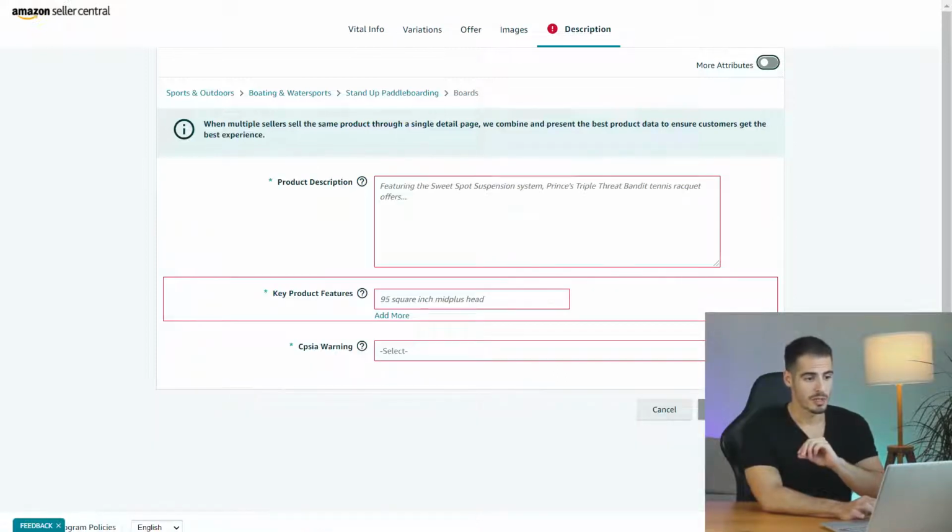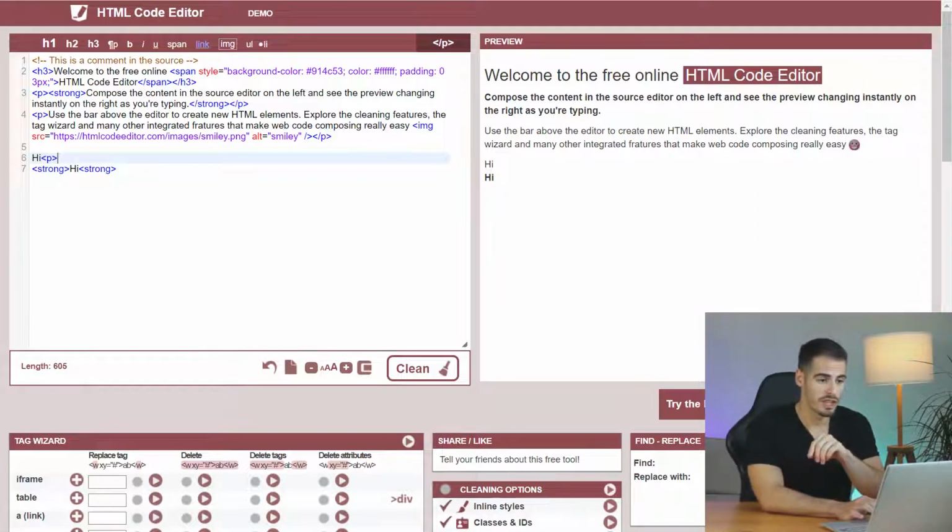So the next step is product description. You can actually format your description using HTML codes. A quick tip over here, you can just go to Google and search HTML code editor. This is the first site that pops up. As you can see, without codes, your text just looks like a boring, unformatted text, but with HTML coding, you'll be able to make your text bold, enter some spaces or paragraphs and some other things.